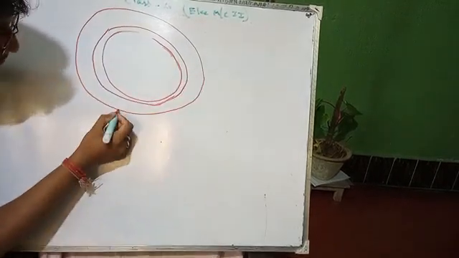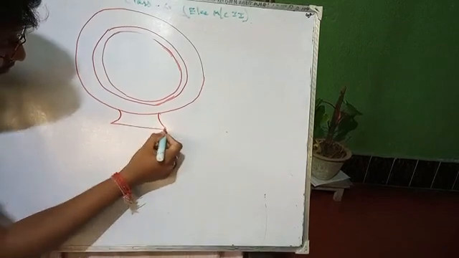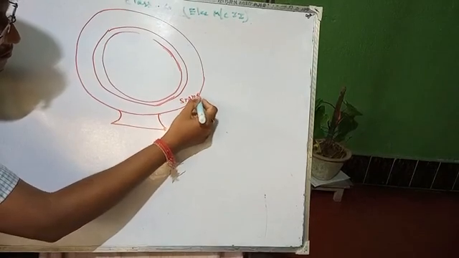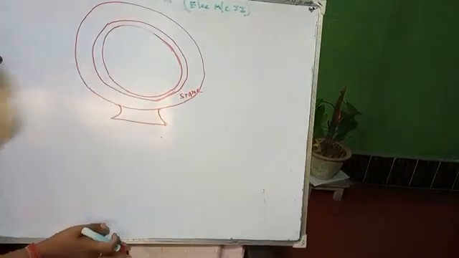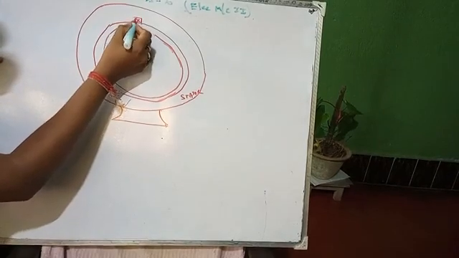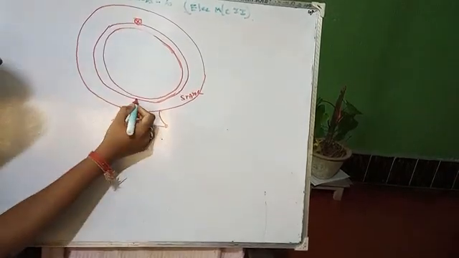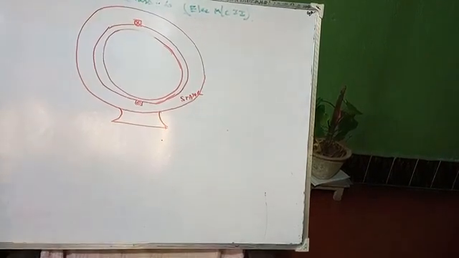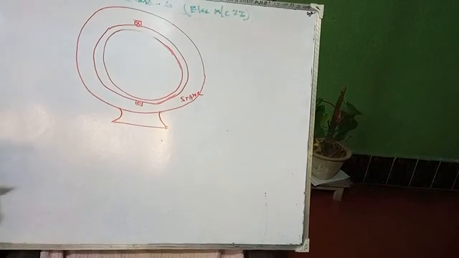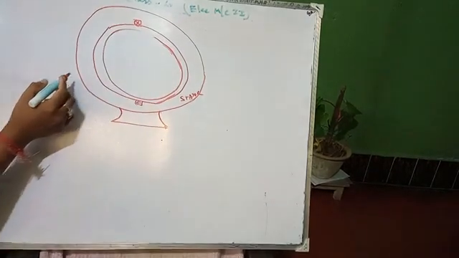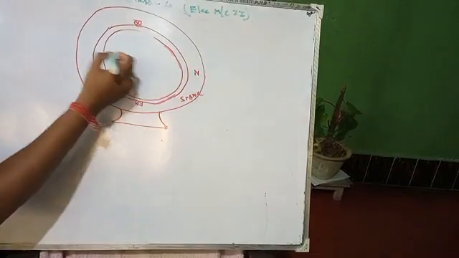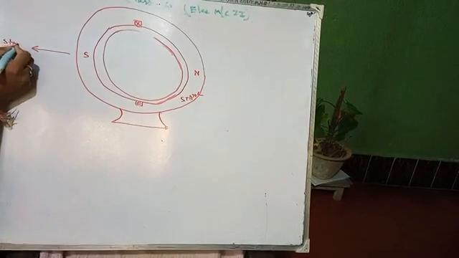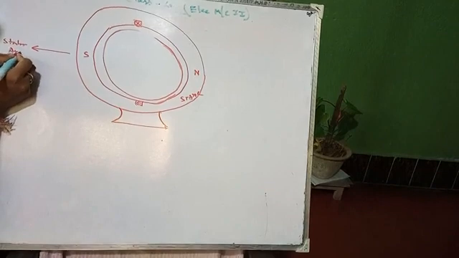Suppose, assuming this is the stator and this is the rotor part. This is a rotor conductor cross, suppose, and the adjacent dot will be here. Consider that this is a north pole of stator and this is the south pole of stator. This is the direction of stator axis. This is called the stator axis.